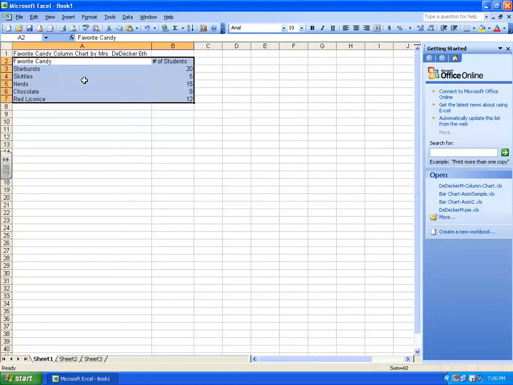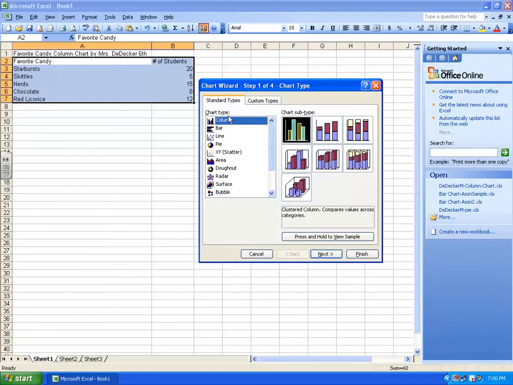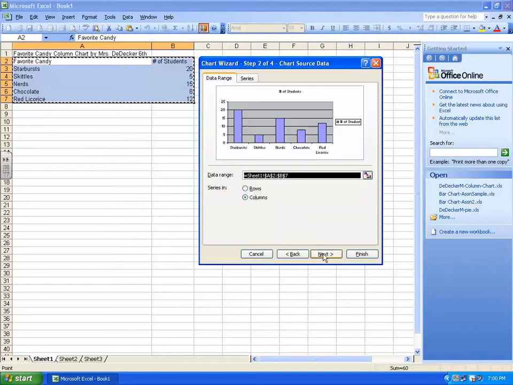And once we select the entire table, or the majority of it, we're going to go into our chart wizard icon. It looks just like a chart here. Actually, it looks like the column chart we're about to create. So I'm going to click on the chart wizard, and it's going to come up with standard types and custom types. We want to stay in standard types, and we're going to select the chart subtype of clustered column. It must say clustered column. That's part of the rubric, so you want to select that,